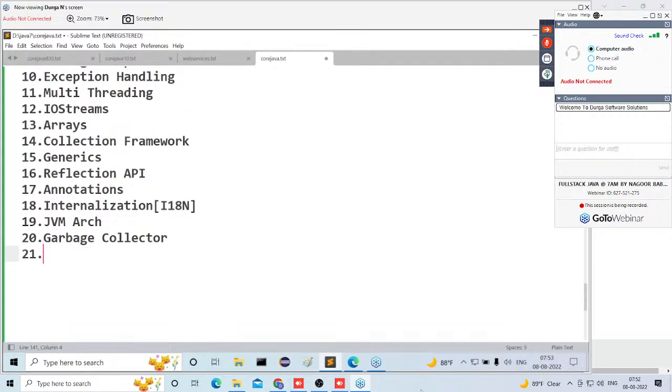In object-oriented programming languages, definitely data has to be represented in the form of objects. Am I right or not? Guys, observe carefully what I'm telling. Data will be represented in the form of objects. Got it or not? Okay. If we want to represent data in the form of objects, then we have to create objects or not? Definitely we have to create objects.